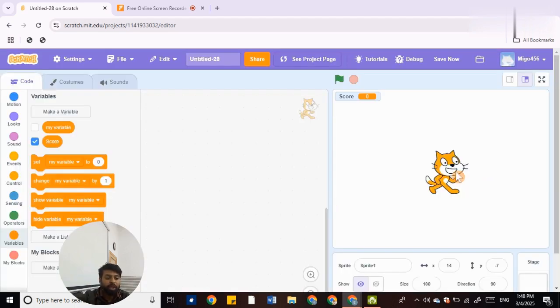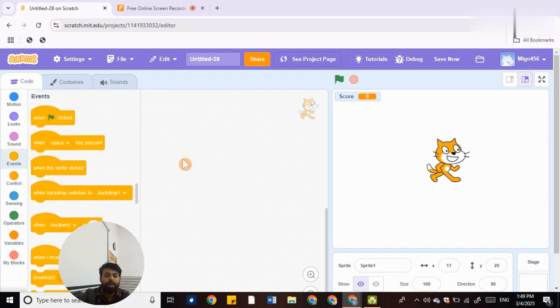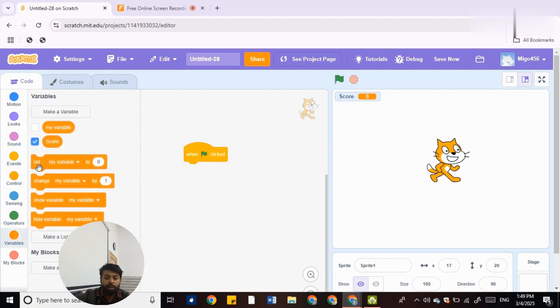Then today we will make a code for this such that this sprite of the character, after the score tends up to 5, the character will then say something, so that whenever the score reaches 5, this character will say something. So we're gonna use the when flag is clicked, then we are going to use this